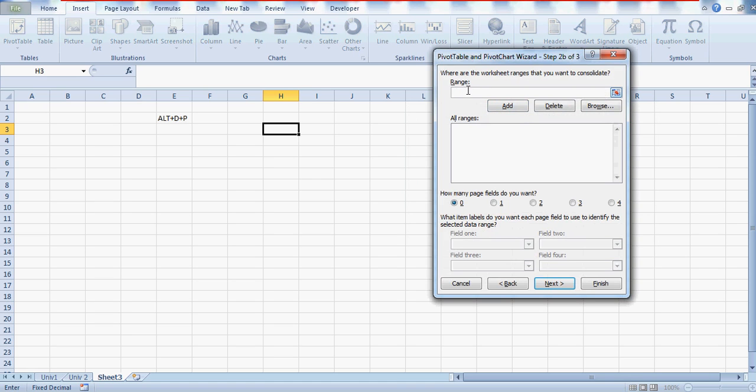So let me just introduce you to this window, and please don't be afraid of this. This is actually very easy. It looks like you have to fill in so many things over here, but this is actually very easy. So the first step is you need to tell where your data source is,